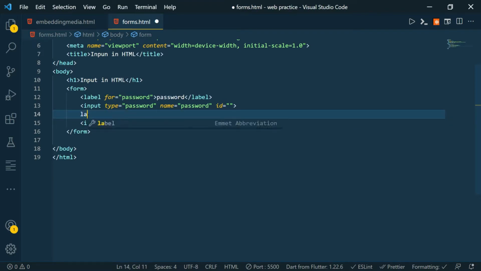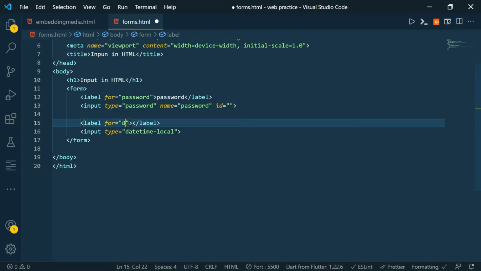We will add a label for birthday, and you can give a name attribute.